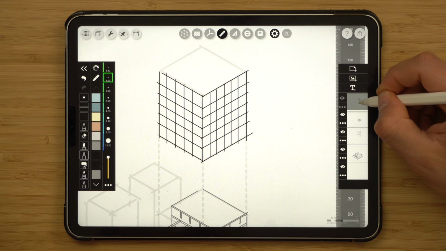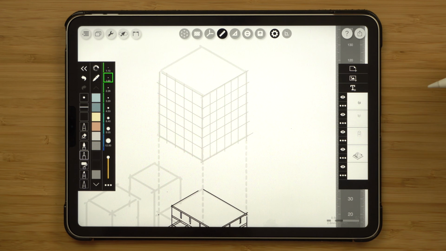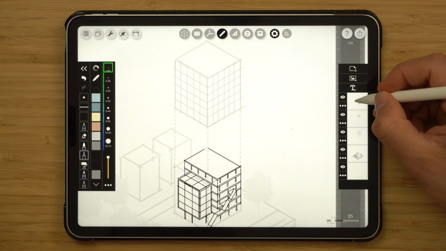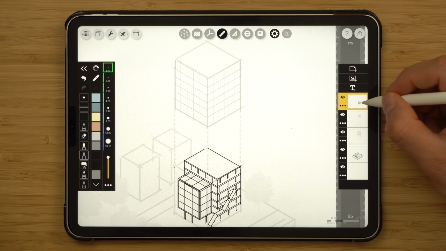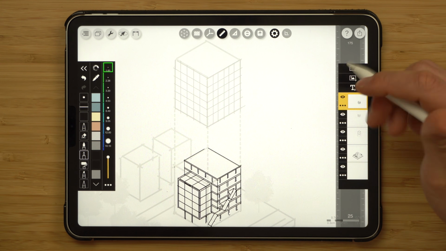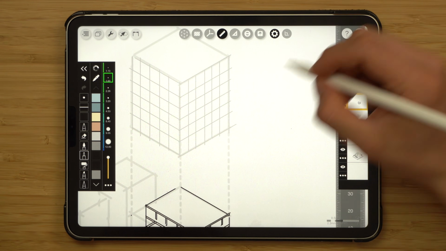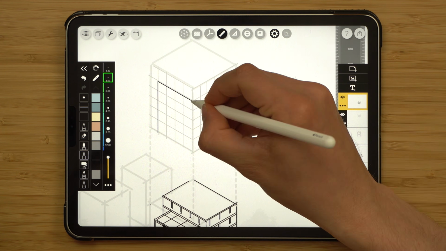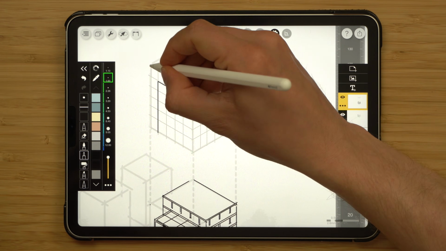Then I want to hold that layer and drag it just underneath the one below, which is the layer where I'm going to start adding details. So on Morpholio Trace, to activate the layer, you need to double tap it. Once it's yellow, that's the active layer. So I know the top layer is now active and I can start adding details. Start picking the solid bits of the facade first and track along the guidelines.